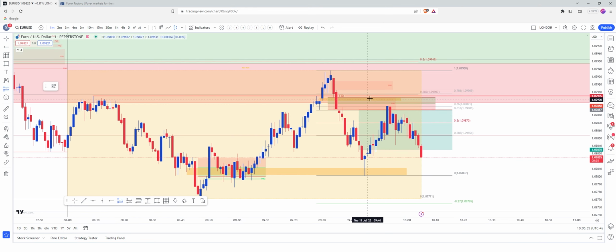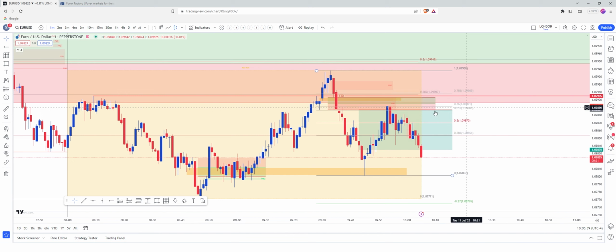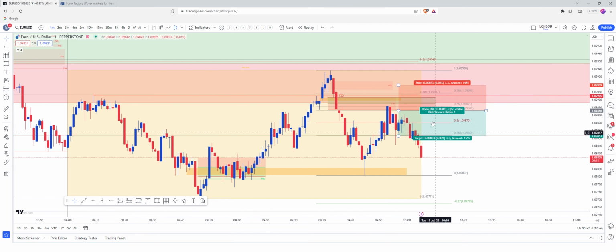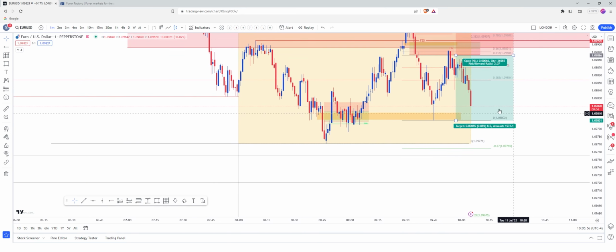So let's reset this. We are in business. I did take profits slightly early. Our entry was there, so we can get rid of this one. So my new stop loss is at 4.1 pips, which is just above that fair value gap. Obviously, I've taken 50% of the trade off, so I'm risk-free.